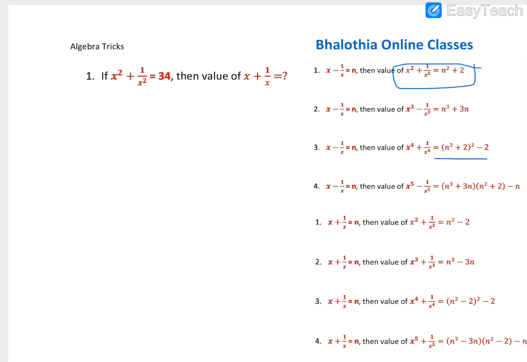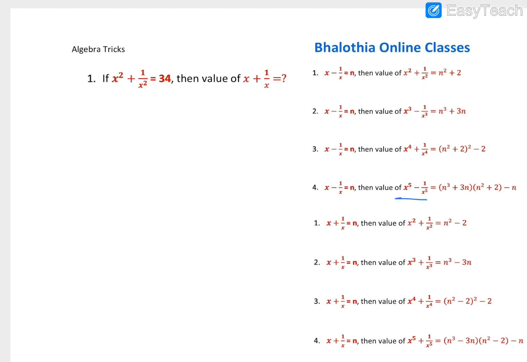Then in the same way for plus, how can we build it? We can use this formula, take the whole square of this one and then minus 2. So it was very easy for the square as well, and for the plus scenario as well.